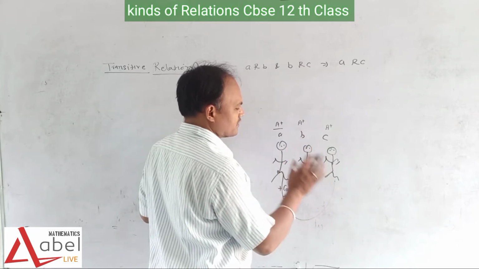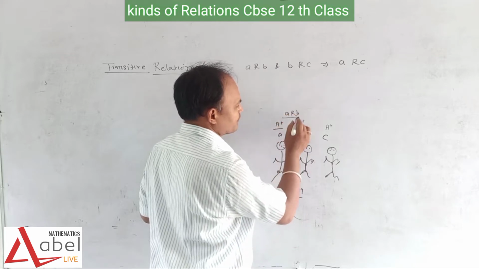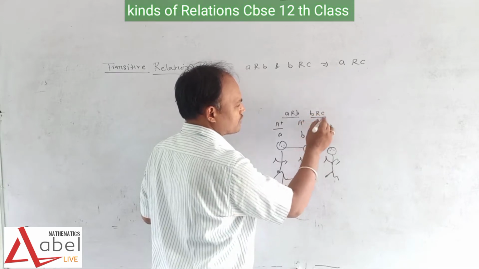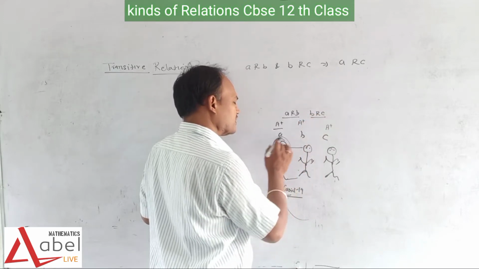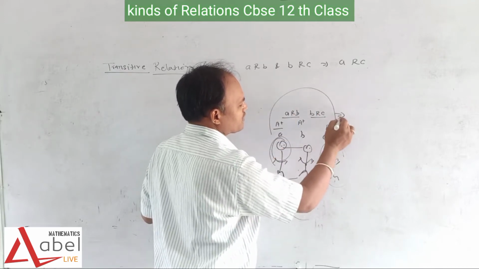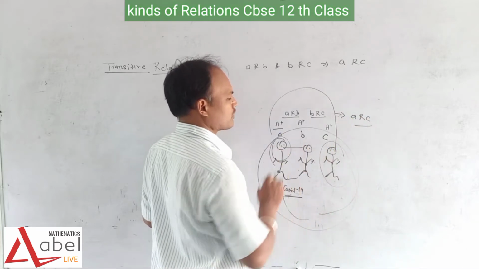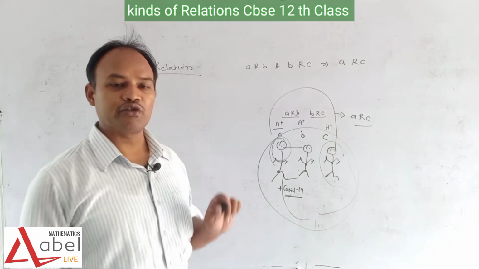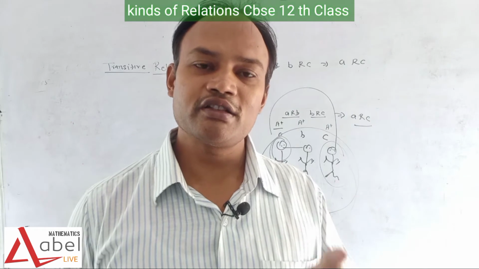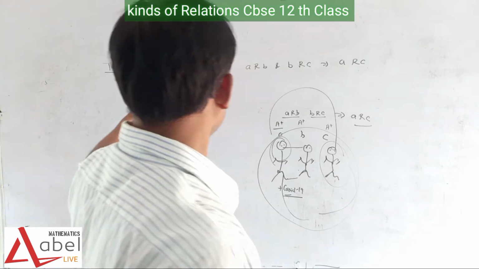But what is the initial method? Initial method is A is related to B. When we relate B to C, it means B and C are also related. Now A is also related to C, so what is the result? A and C, all the community is related to corona. So we can say that it is community transfer. When we talk about community transfer, we are talking about transitive relations.